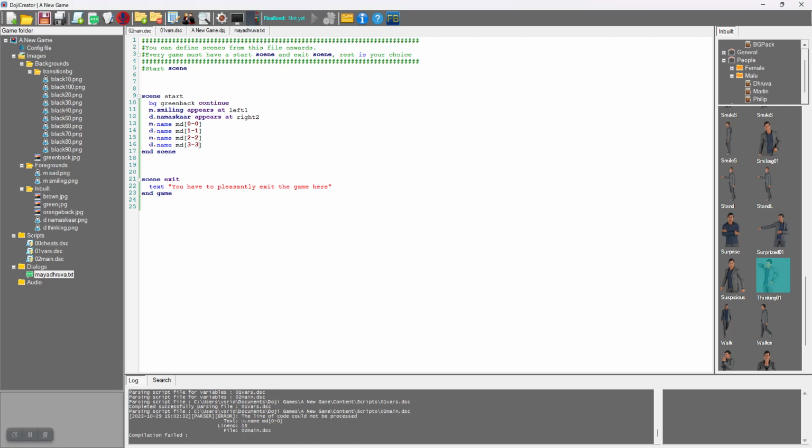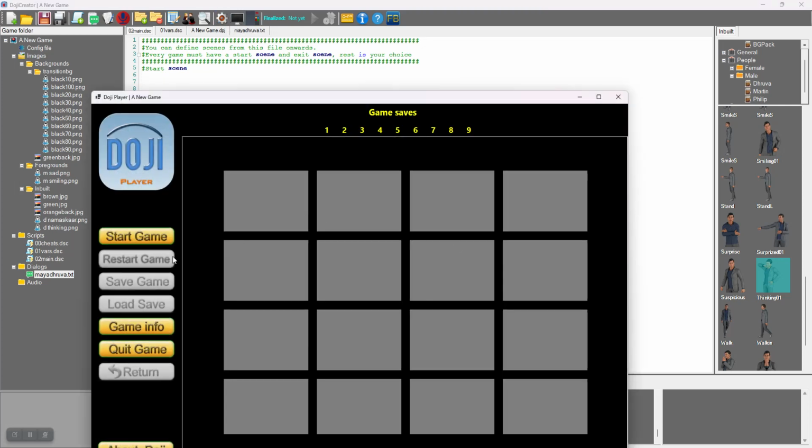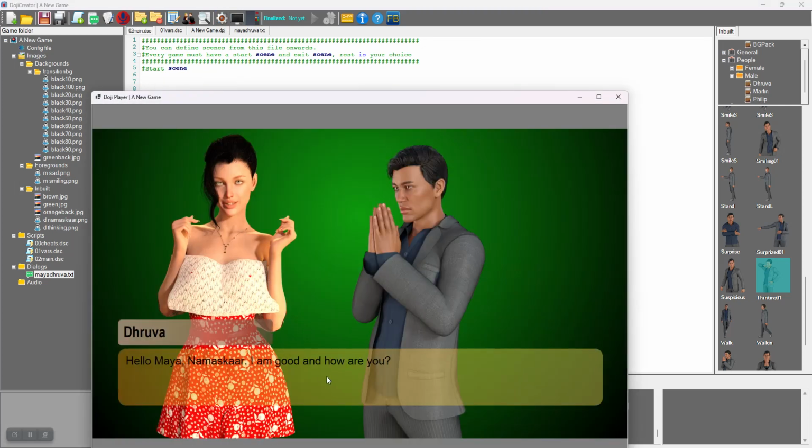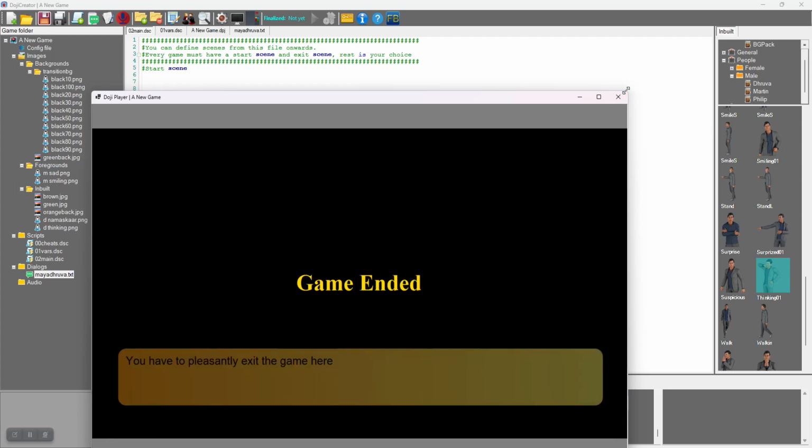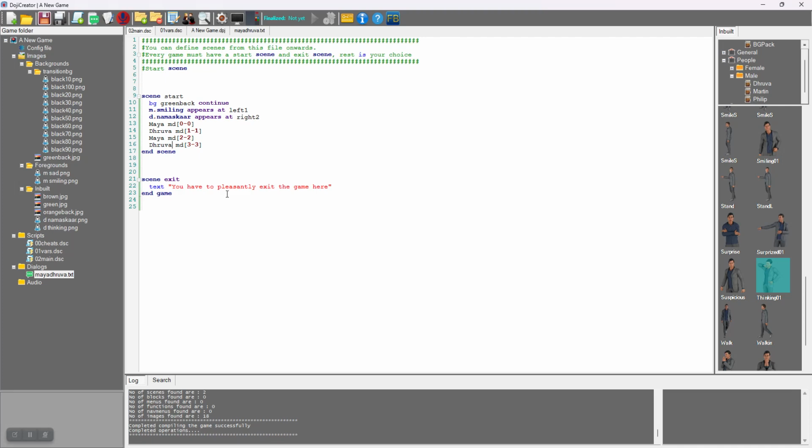Since the m dot name is not identified in this, you have to have a variable for the character name here. So it is the same effect. Probably in subsequent versions I will support m dot name and d dot name also. But for now, this is how you can use arrays